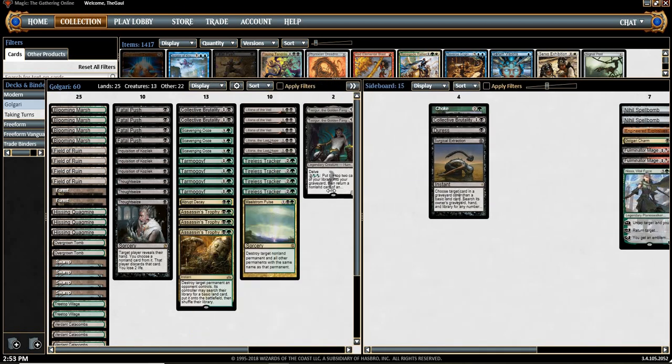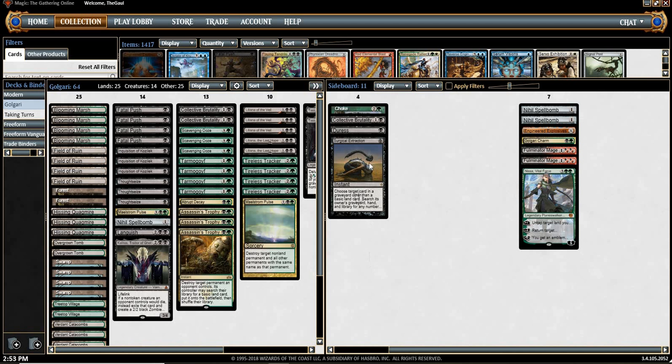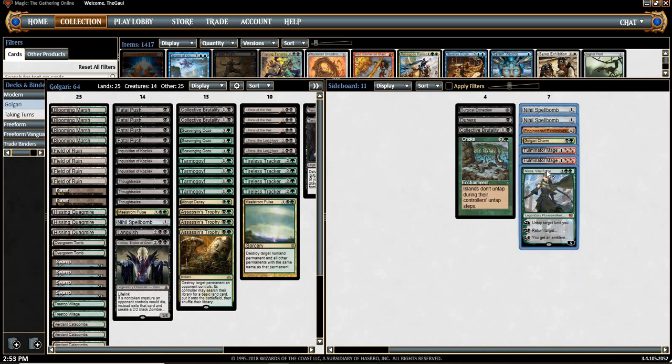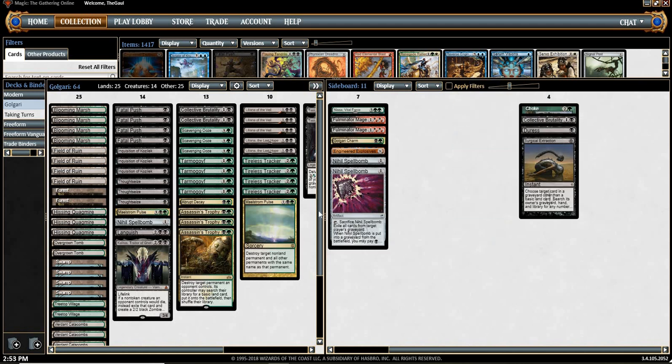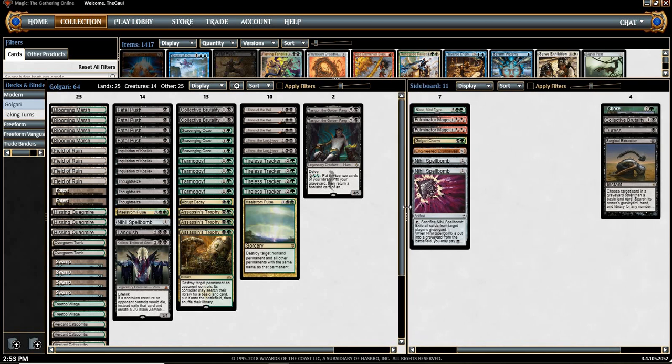So we've got 4 cards that are coming in for sure, and we've got a full 7 maybe board cards. Now that is a lot. We certainly won't bring them all in, but let's take a look at the main deck and see what we want to bring out, and that might help us narrow down what comes in. So,